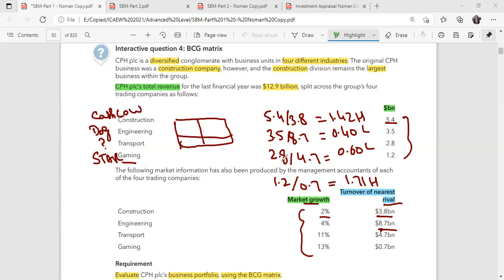So in our exam, what we have to do is also draw this brief calculation, just to make sure that we are very clear, we know the logic, and then we have to discuss.